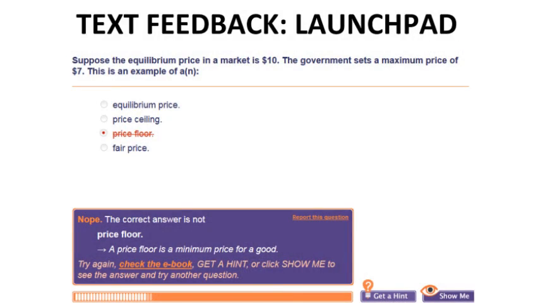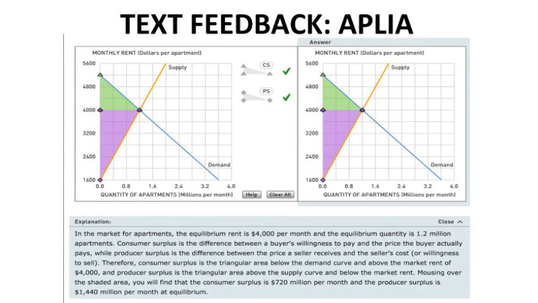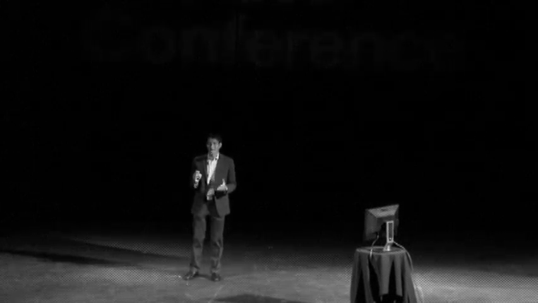Next, we have Learning Curve, which is an adaptive quizzing feature within LaunchPad. And again, when students make a mistake, the system provides a very brief explanation in terms of what the mistake was. We have Aplia. As you can see, Aplia provides a very voluminous amount of feedback with all of their problems. What we argue in this presentation is that the best form of feedback is the type of feedback that's